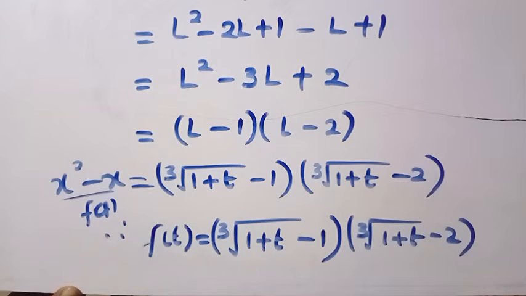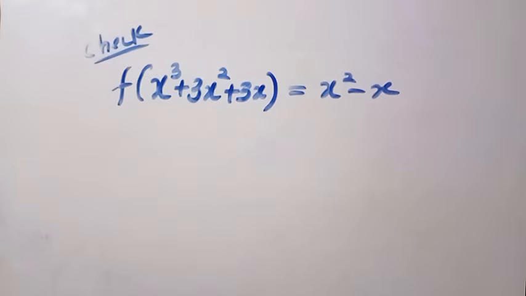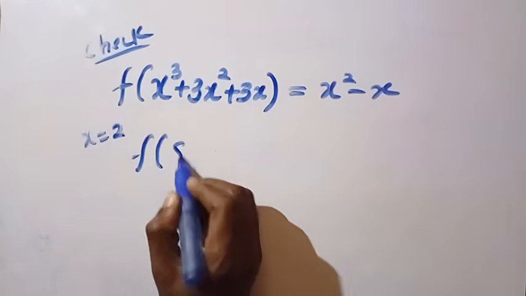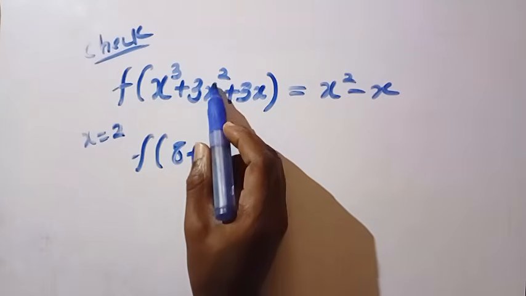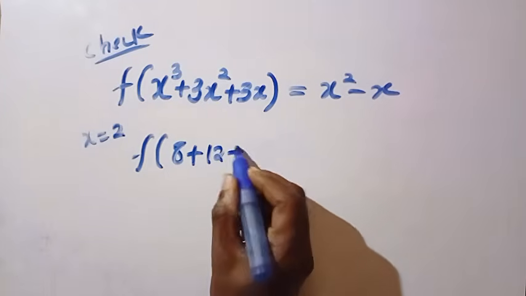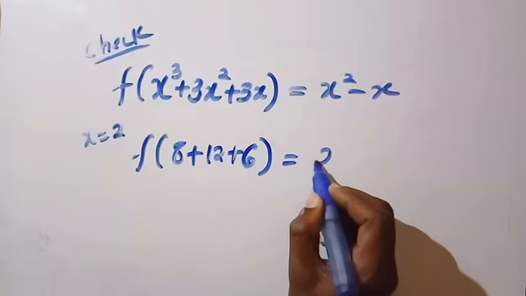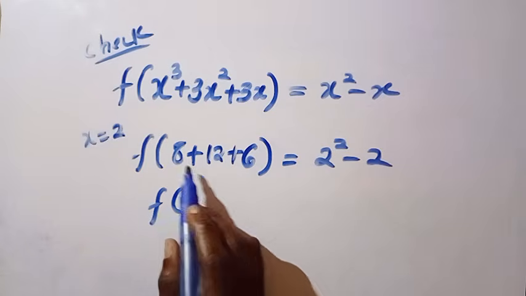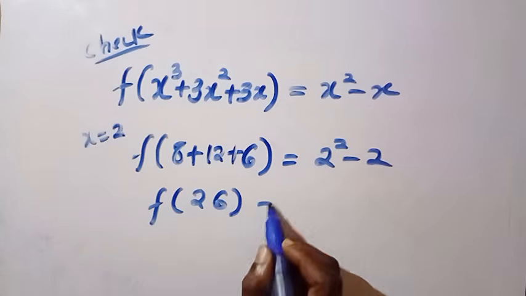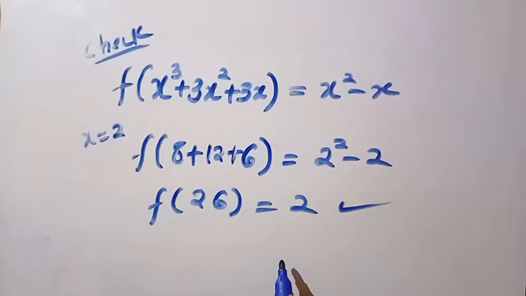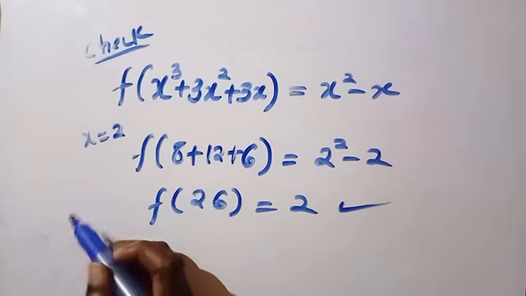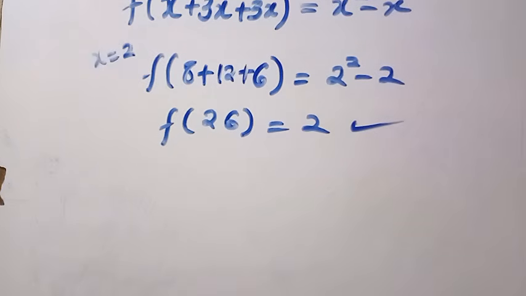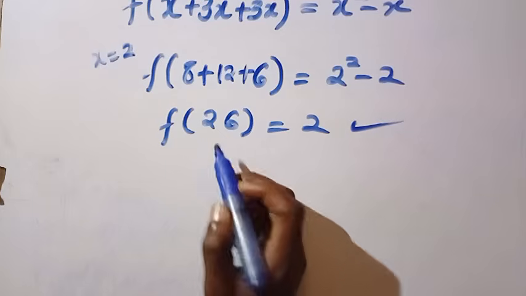But let's try to verify this. Suppose I let x equal 2. We are going to have f of (8 plus 3 times 4, that is 12, plus 3 times 2, that is 6) equals 2 squared minus 2. Adding this together, we have f of 26 equals 2. We can still check for x equals 1 and x equals 0, and this also works. But how is this going to be equal to the answer we get? Since we have f of 26 here,